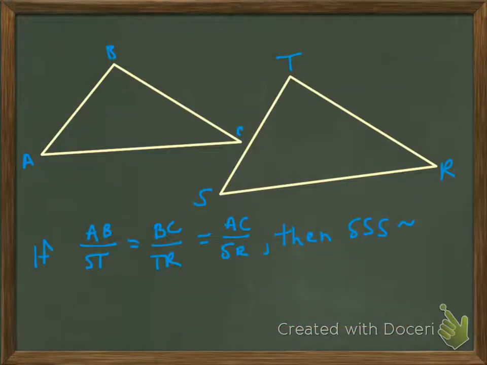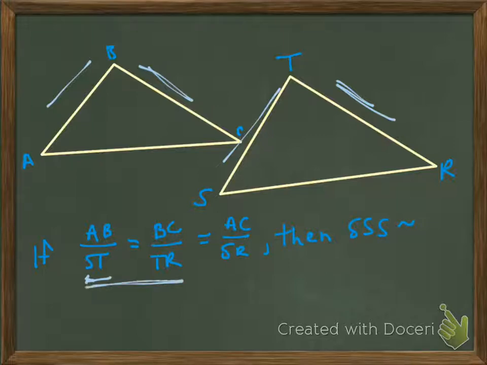So here, if triangle ABC is similar to triangle STR, that would mean that side AB would be similar to side ST, how we have it written down here. Okay, and side BC would be similar to side TR, and then when you set those up as a proportion as we did here, they would be equal to one another. Likewise, in order for this to be completely true, your side AC being similar to side SR would also